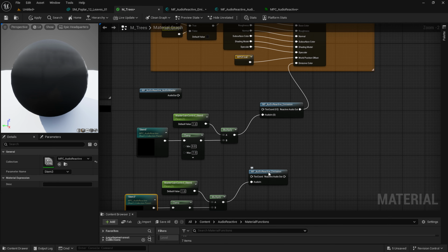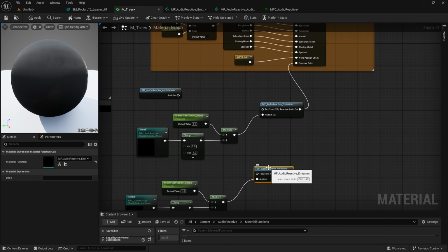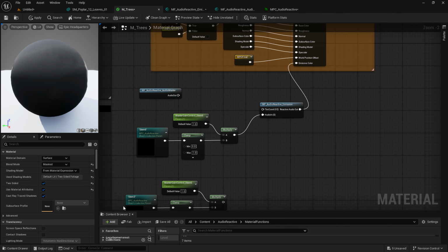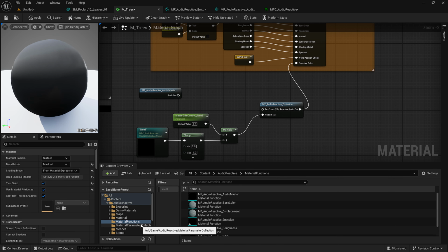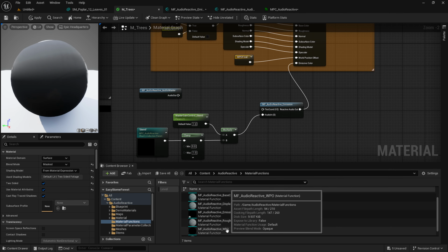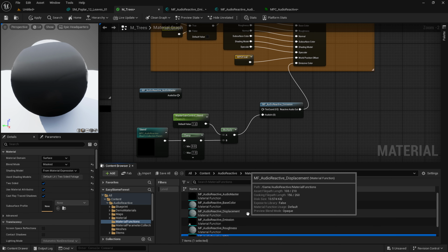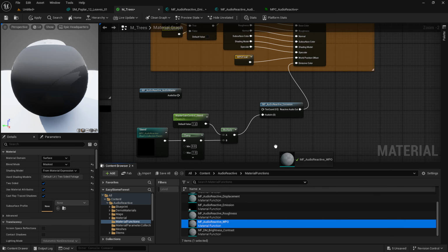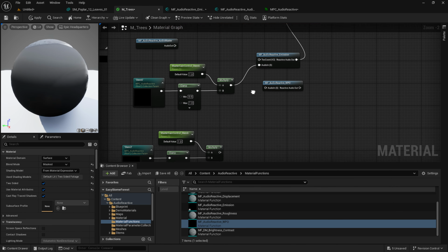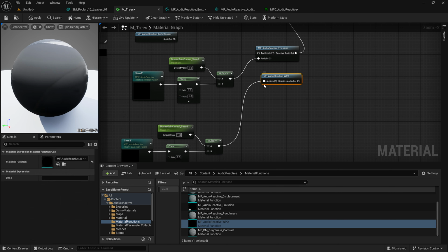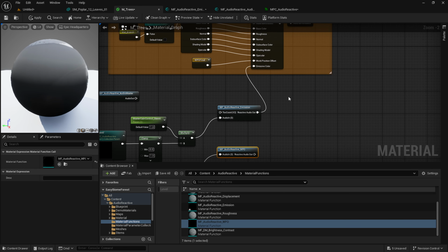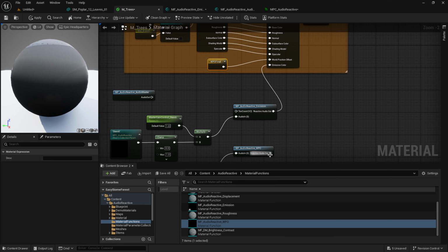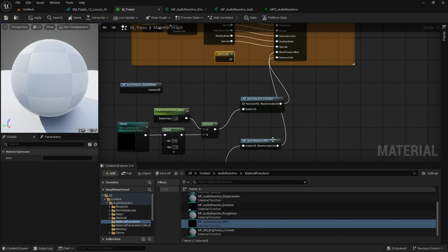And I could drive, let's see, let's bring in a different function. Content browser. Let's bring in world position offset. Yeah, we'll do that one for fun. Let's go audio in here. And then since we already do have WPO, we're just going to replace it for now, just to show you how this works.